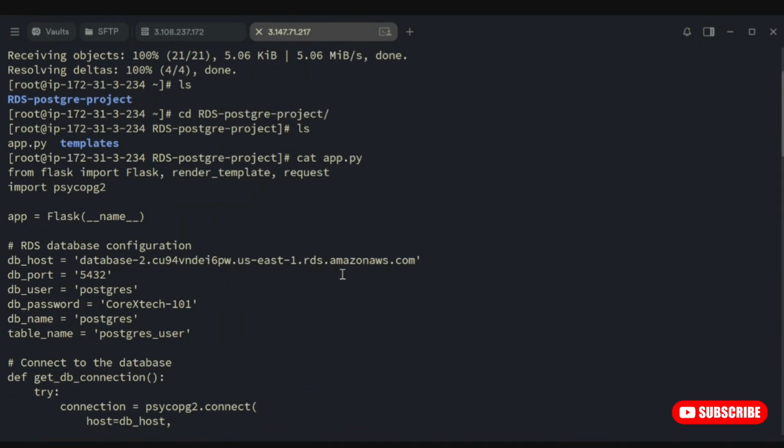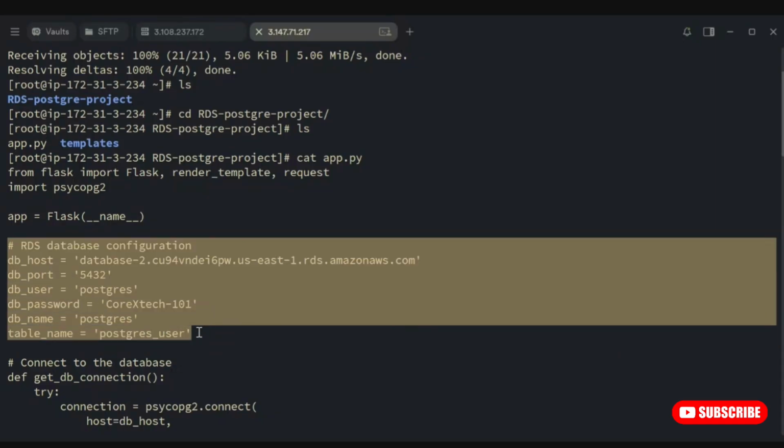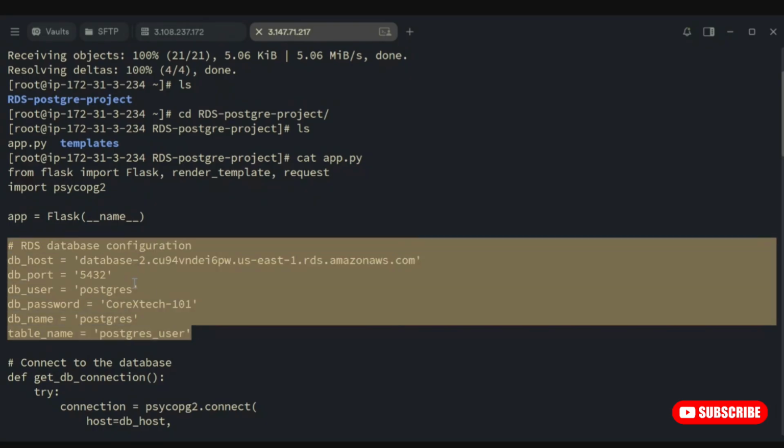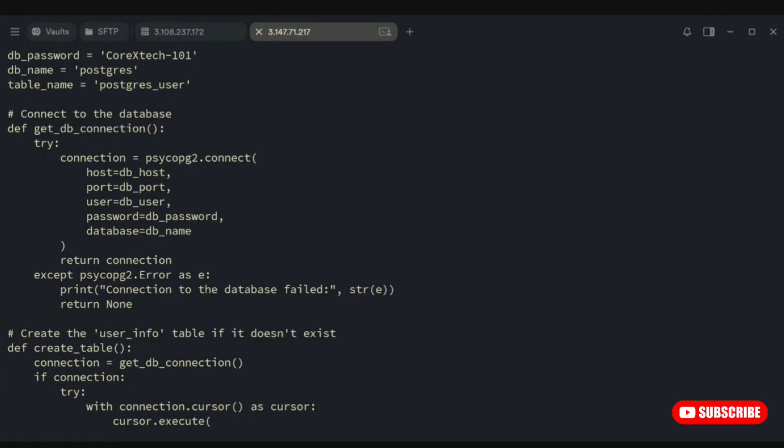If you go into this file, you can see the credentials of the database. This is the database credential from when I put this code into Git. Whatever database I was using at that time, this is the credential of that database. But right now we are creating a new database, so we have to change the credentials. So what we will do, we will go to our